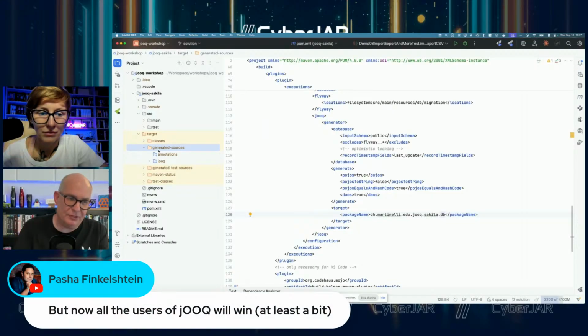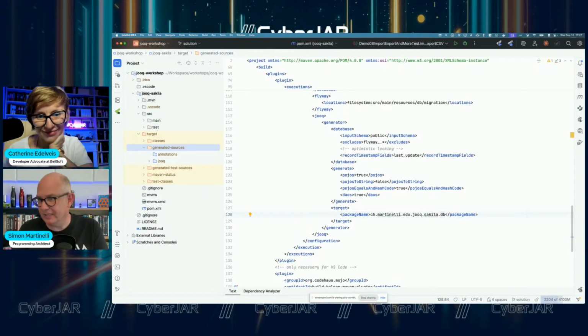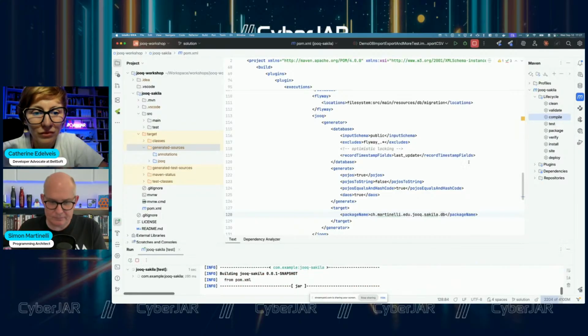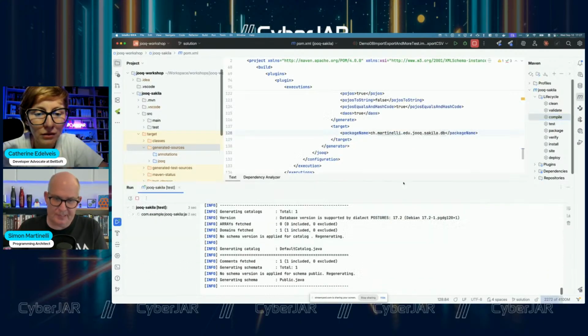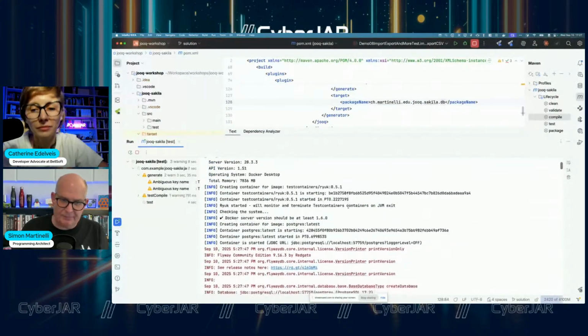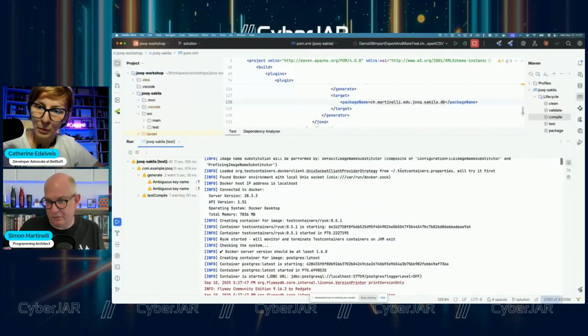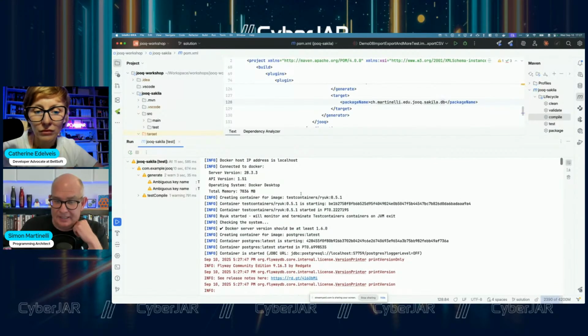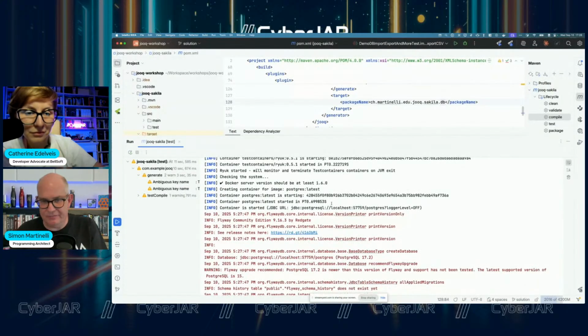But if you have just a few classes or tables like I do, then we can really regenerate that on the fly. And I can run that, and we can see what happens. Let's check here. Because I'm using this Testcontainers thing, Testcontainers checks for a Docker installation locally, and then it starts the JOOQ container. The JOOQ container is used to manage the containers that Testcontainers is starting, and then it starts the Postgres database. As you can see here, it's under a second, so it's very fast.